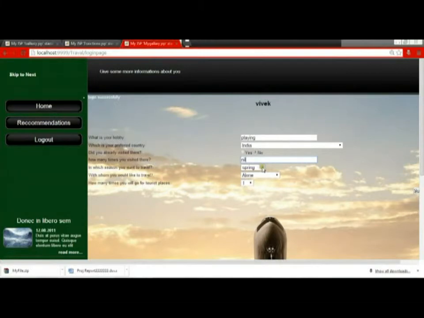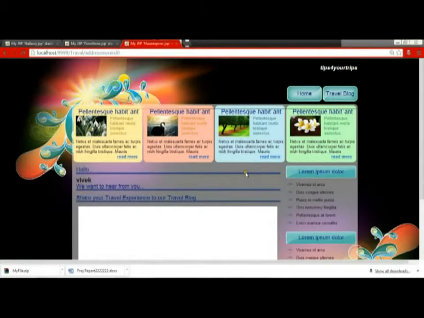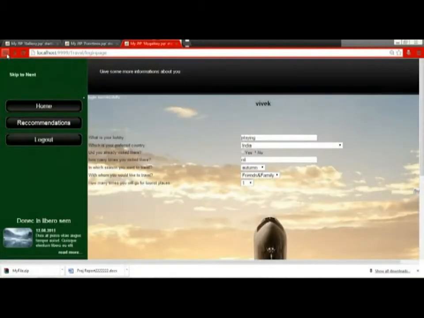Then we have to select how many people we want to travel together. After giving all the details, just click on submit, and now all the details will get submitted. It will ask whether we want to give any comments.